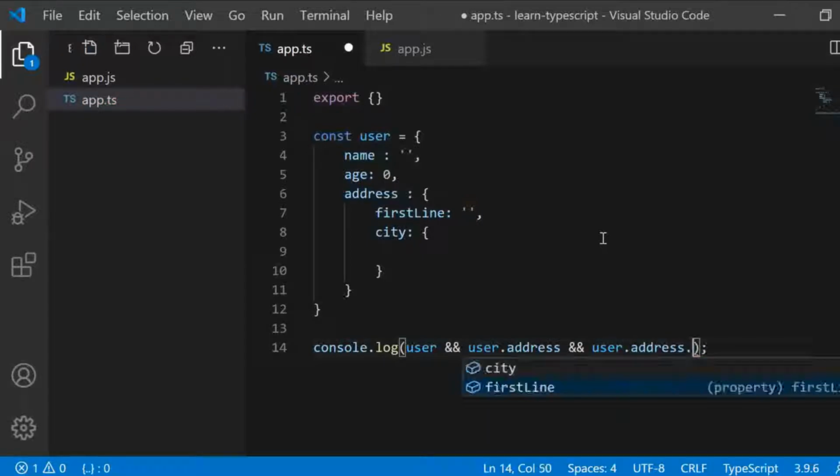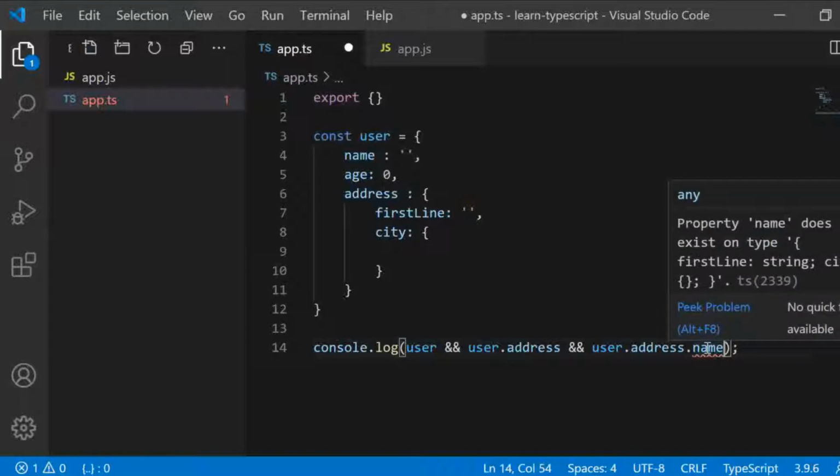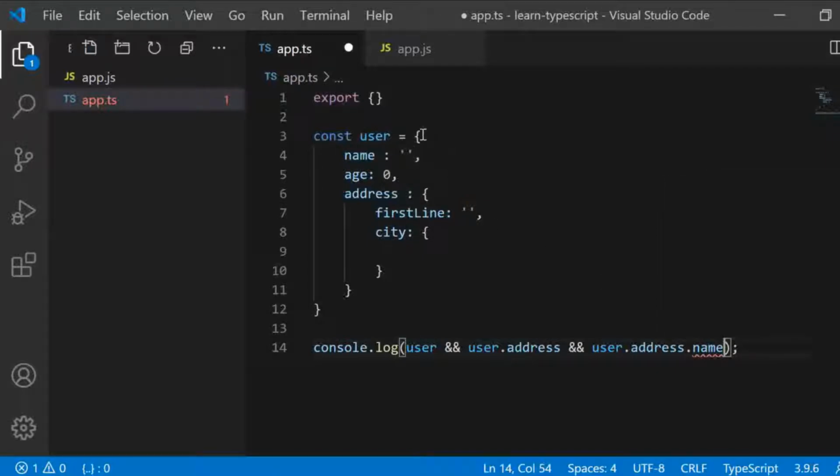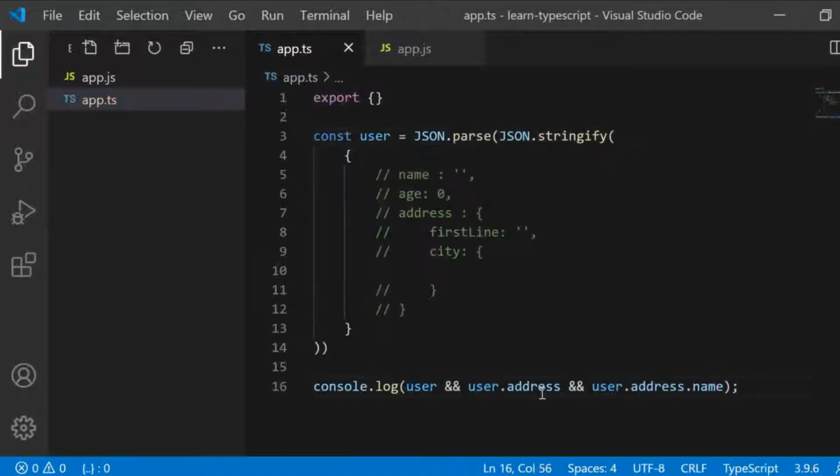If we try to use any different key here, of course TypeScript will be able to tell, because it knows the structure of it, but for the example, let's stringify this. JSON.stringify.